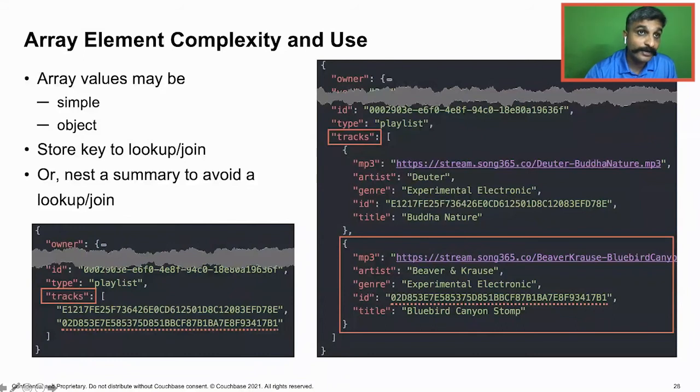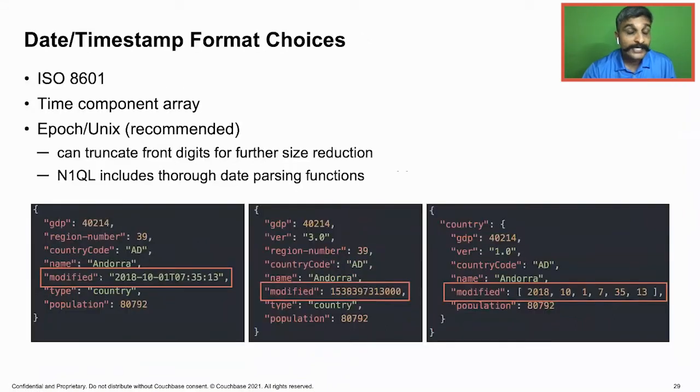So when I'm storing date in Couchbase or in JSON modeling, I have at least 3 formats where I can store. I can store date in, say, ISO 8601 format. I can store date in, say, epoch format, right? Or I can store date in terms of array of time components. I again can choose whichever format I want to, right? So this format is much easier for displaying, while this format is much easier if you have to do some kind of operations like sorting. While this format is also much helpful if I have to, say, push this data to a time series kind of graph,